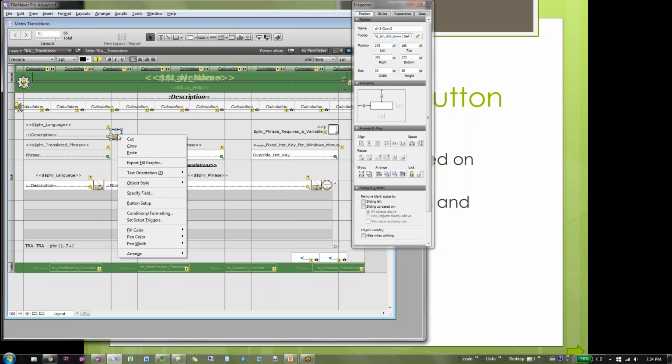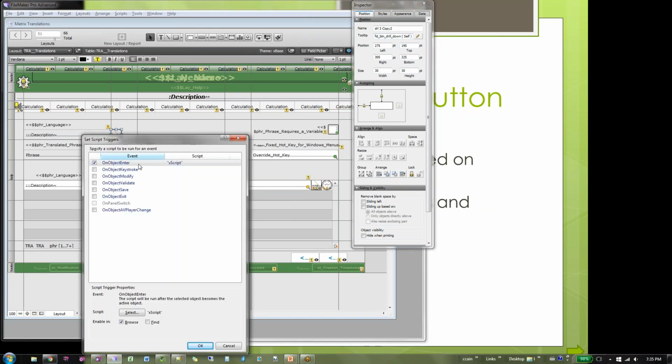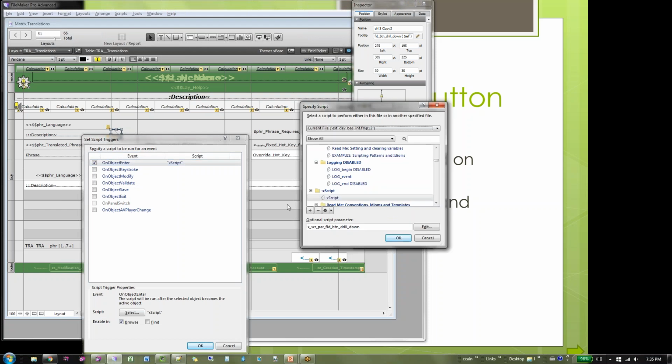And it runs a script on enter with the parameter that is a custom function with no parameters of its own. Okay.